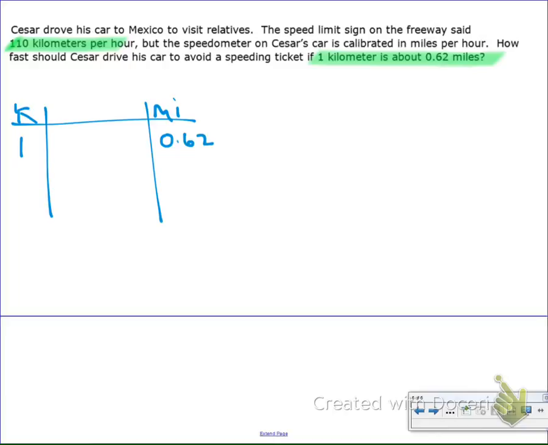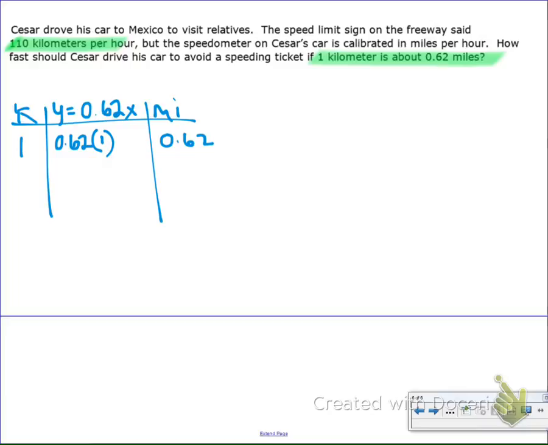So if I was going to write an equation for this, what did I do to 1 to turn it into 0.62? Well, I did 0.62 times 1, because every kilometer I have is going to be that many miles. So the equation is y equals 0.62x,